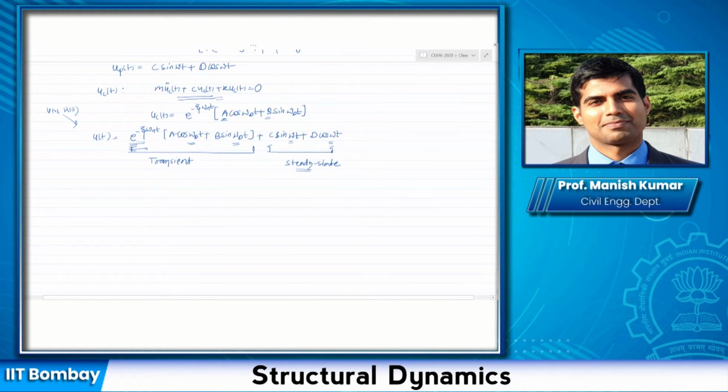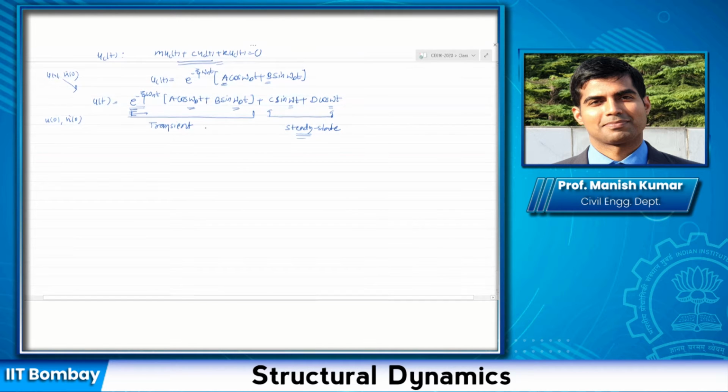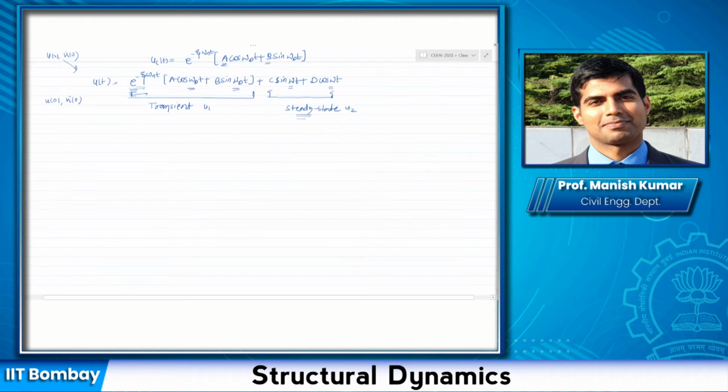So now the definition should be clear to you. Remember that we have not yet obtained A and B. You could do that using the initial conditions u0 and u dot 0. I have left it because it becomes very convoluted and is not required right now, because we only need to deal with the steady state. So in this case, let me call this u1 and this u2. And if I plot these solutions individually, let us see how they look.